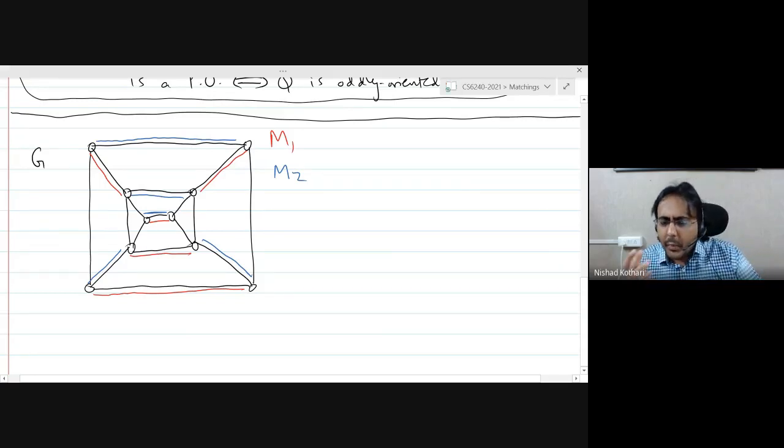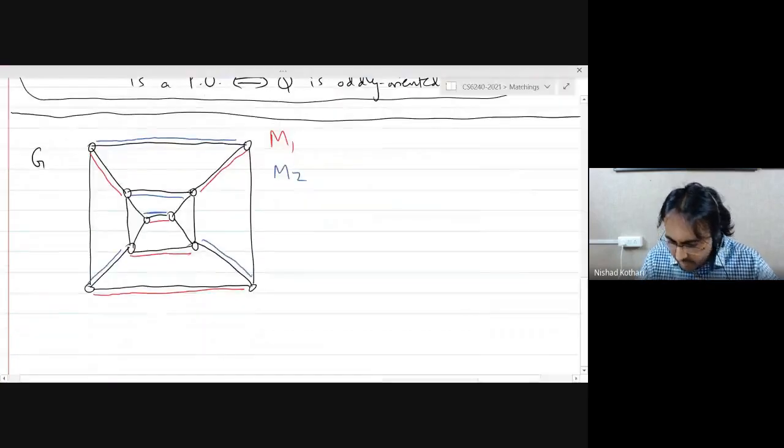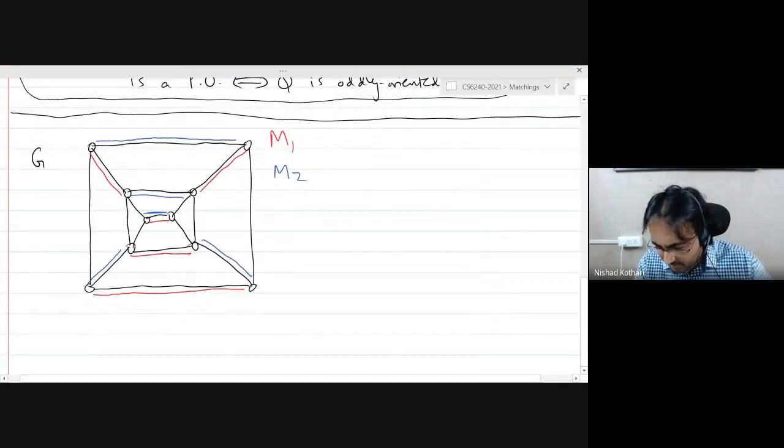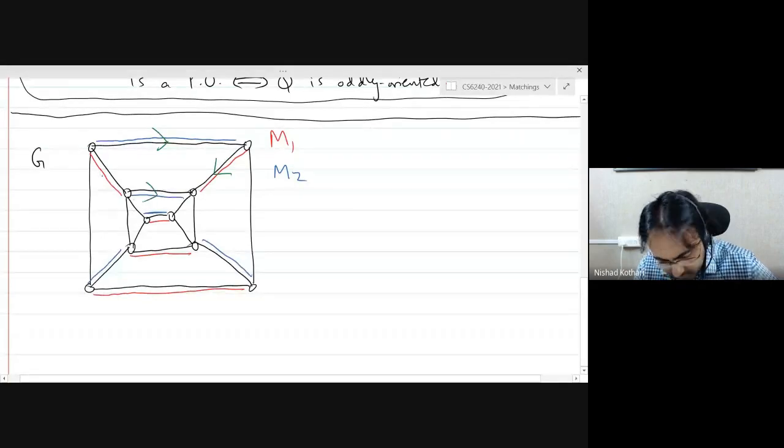But you know what? When you compute the signs of perfect matchings, the only edges that matter are the edges of that perfect matching, right? The other edges of the graph, they don't really matter. So I'm not going to put directions on all the edges. I'm just going to put directions on the red and blue edges, which in this example happens to be most of the edges. Okay. And the directions of the other edges are not going to matter to us. And I will put the directions on the same example rather than making a different drawing. Okay. So let me put this clockwise, clockwise, anti-clockwise, anti-clockwise with respect to this cycle here.